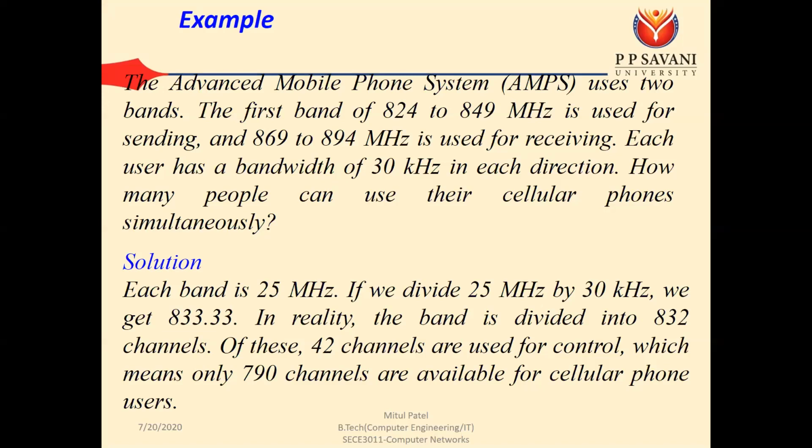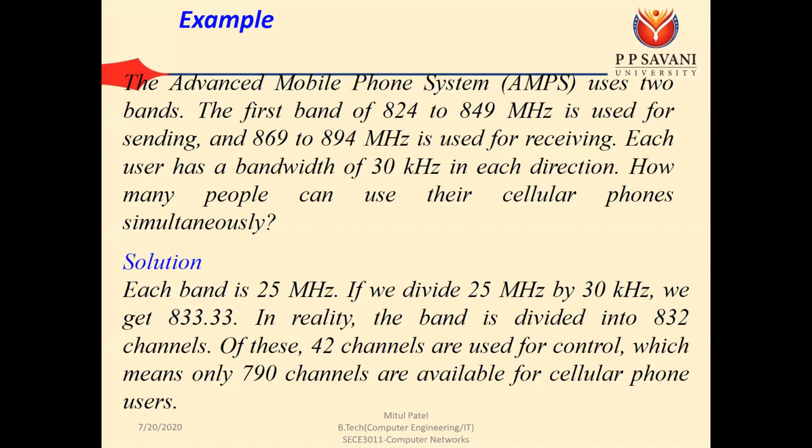So we know that the sending band has a bandwidth of 25 megahertz. Same way, the receiving band is also 25 megahertz. Now in one band, the requirement for one user is 30 kilohertz. So we need to divide this 25 megahertz of sending by the 30 kilohertz of user. Okay, so we get the value, that is 833.33